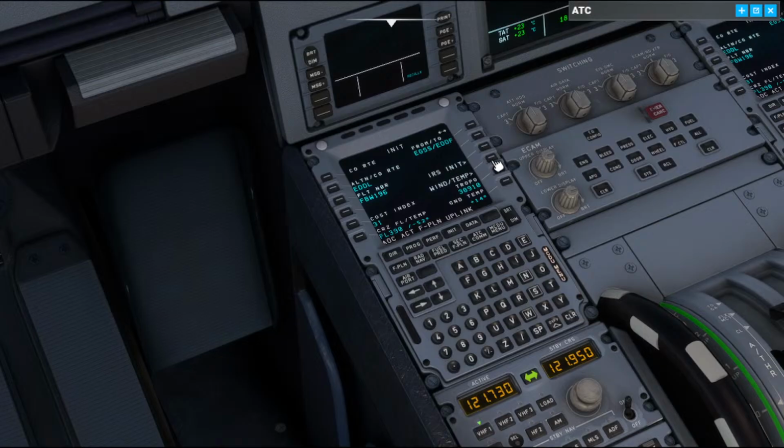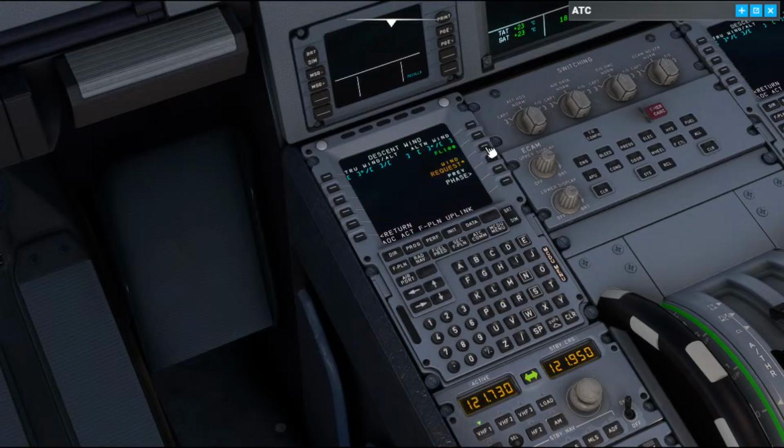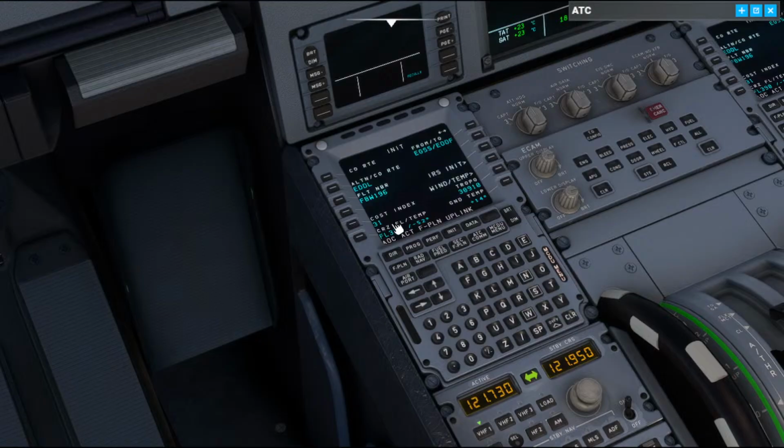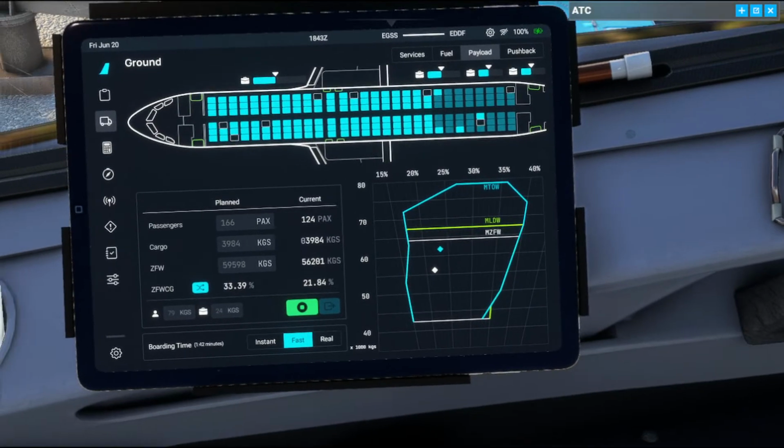Go to wind and temperature. Climb wind request. Cruise wind request. And also descent wind request, please. Next page, block fuel, we have 5.5 tonnes. And we have